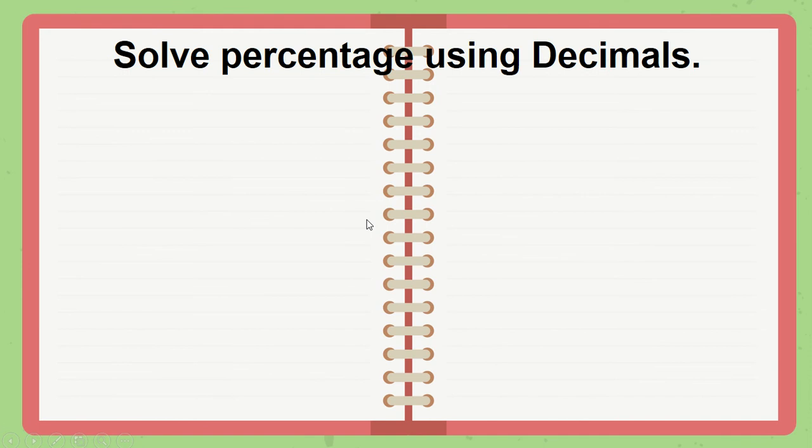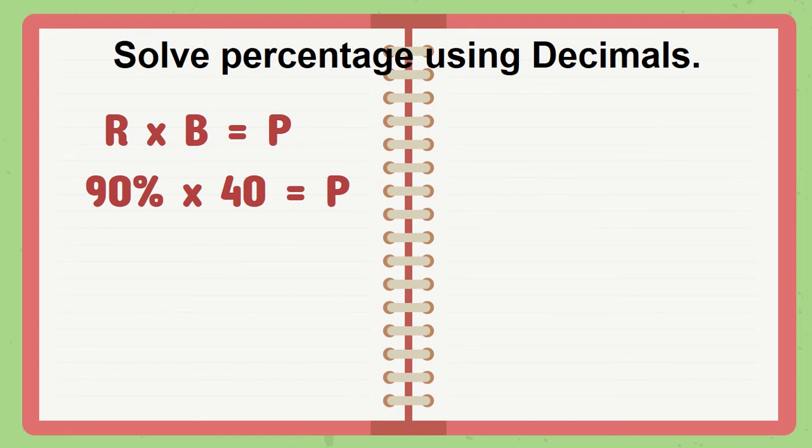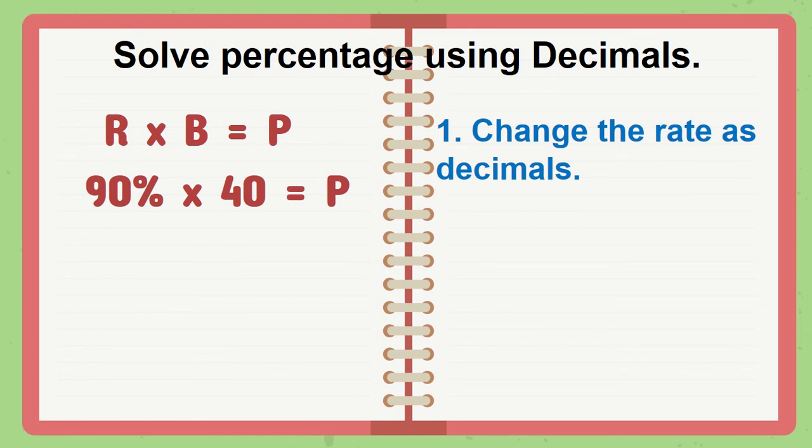We can also solve the same problem using decimals. So, for example, we have this one. Step 1, change the rate as decimals. So, how are we going to change it? So, change the percent sign into decimal point, then move the decimal point twice. So, you will move it twice. So, 90% will become 0.90 times 40